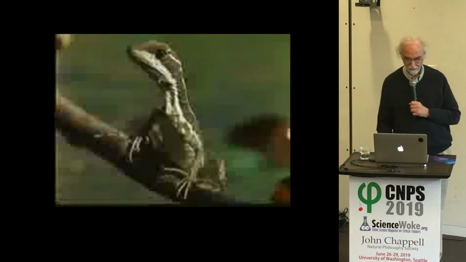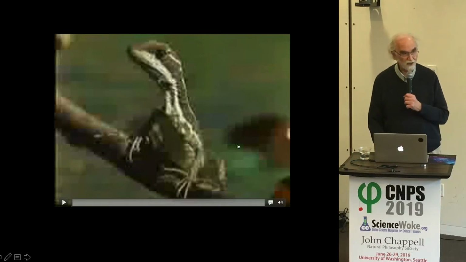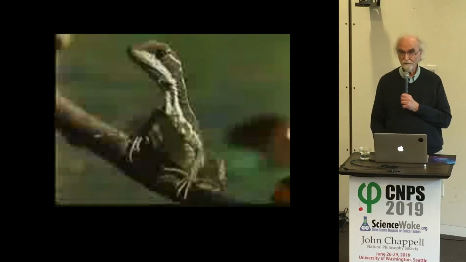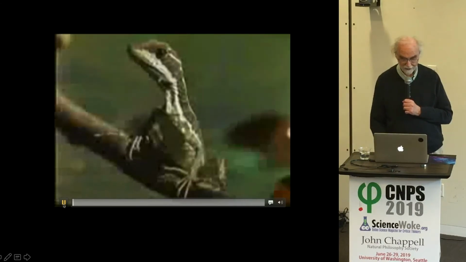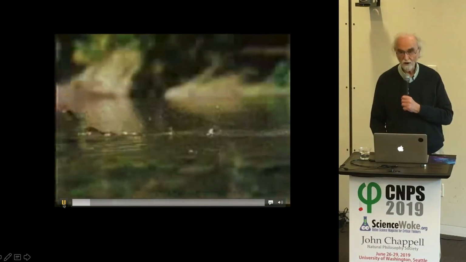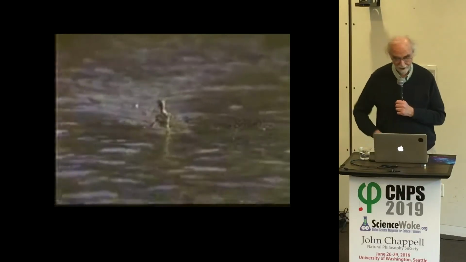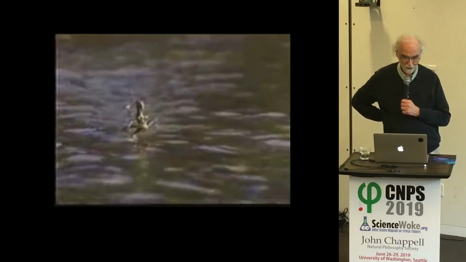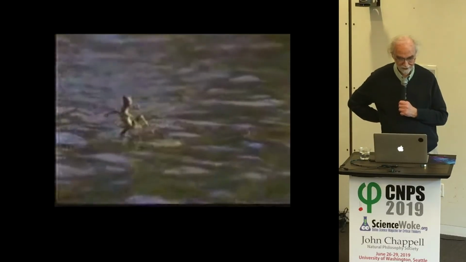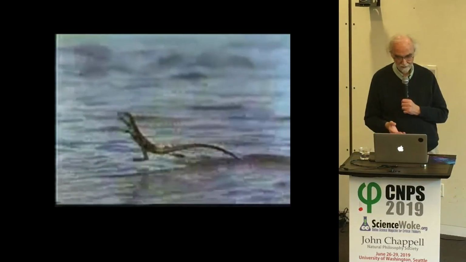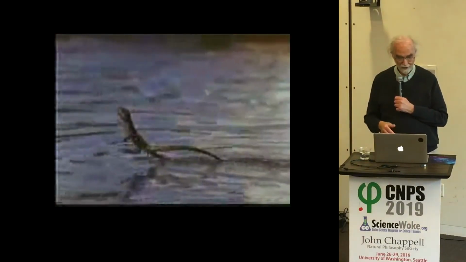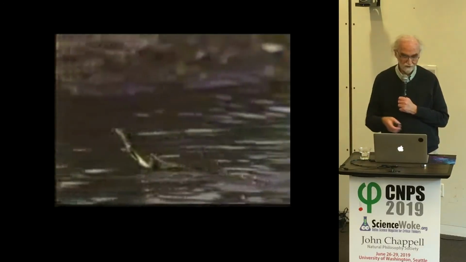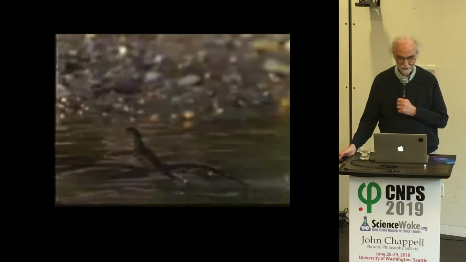Some of you have seen this before in National Geographic. This is a lizard. The lizard lives in Central America, and mostly it spends its time sitting on a tree branch. But when it gets excited or whatever, it jumps into the water and walks on the water. Because it walks on water, it's called the Jesus Christ lizard. And you can see what it does. So we think it's not just a single molecular layer that can do this, but a thick layer. So that's one explanation for what this creature does.